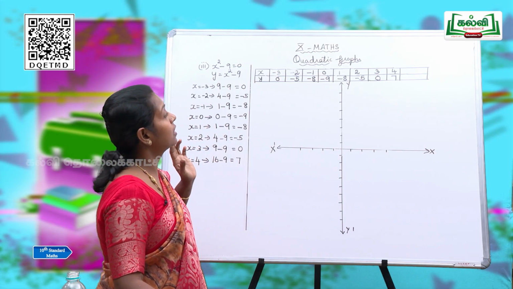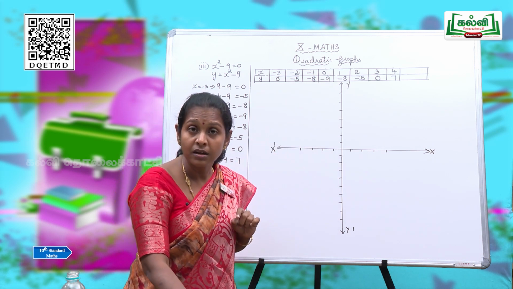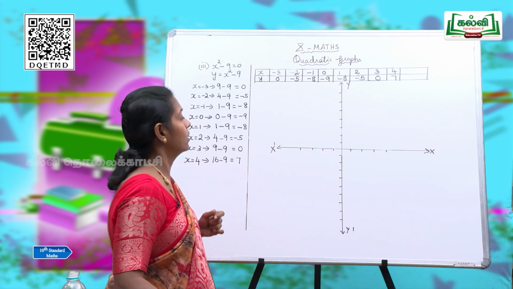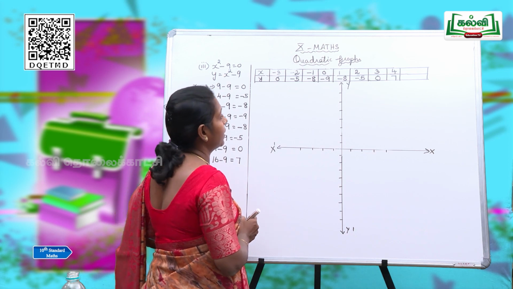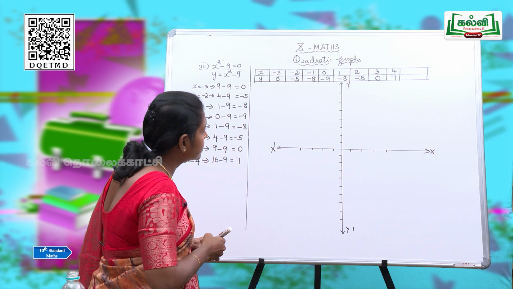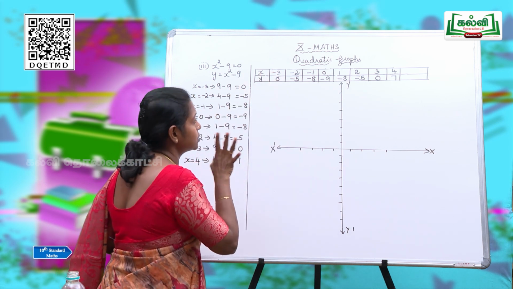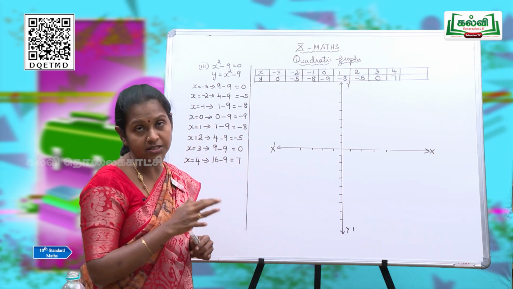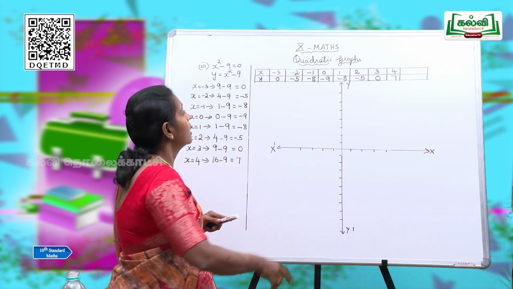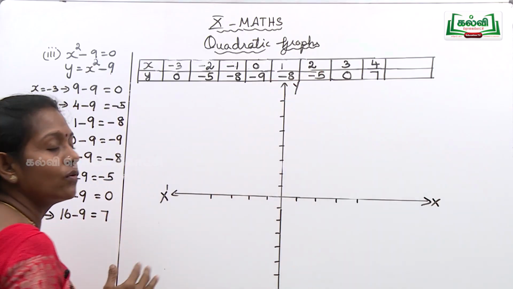We will check whether these values are enough to plot or not. If we need, as I told you, you can add more points and find the values of y. Okay. One by one you are going to apply now. First, minus 3, 0. In this pair, x is having a negative value and y is having 0. That means we have to mark only on the x-axis. Before you go and plot, we have to mark which side we need more. Now, take all the values of x, minimum minus 3, maximum 4, right?